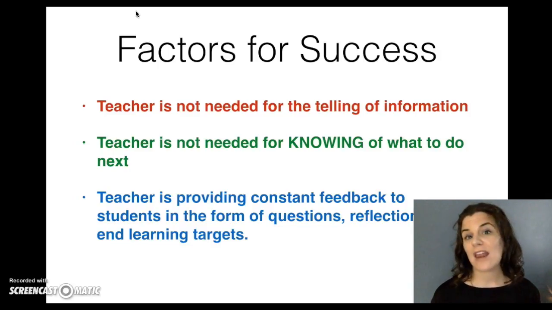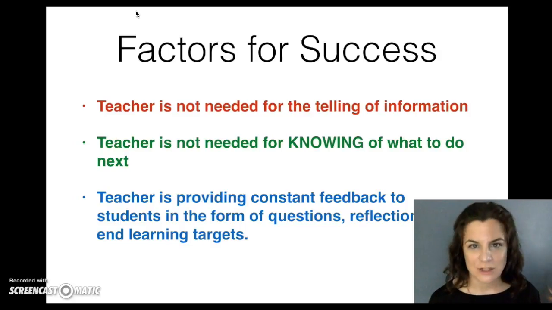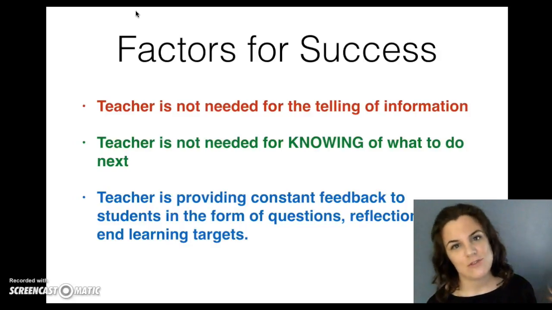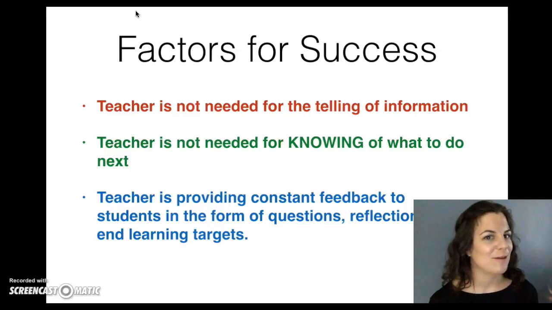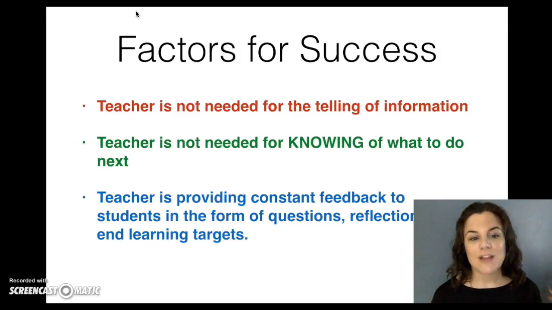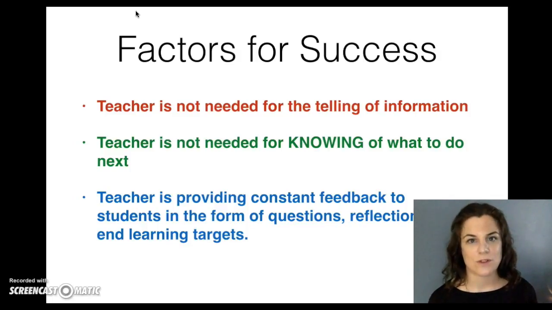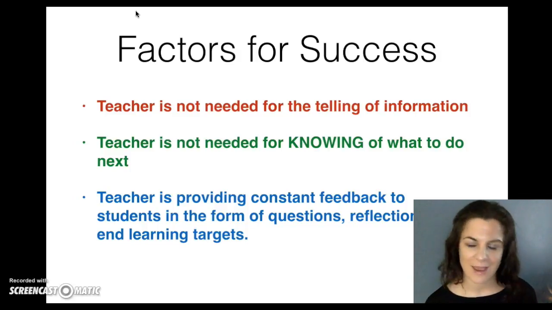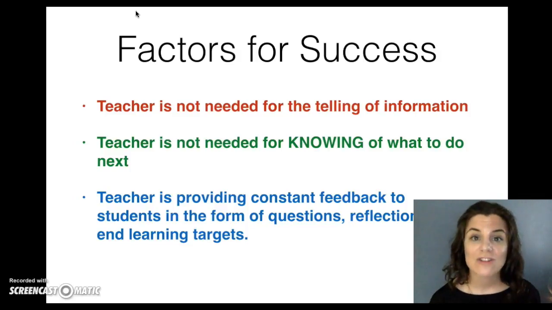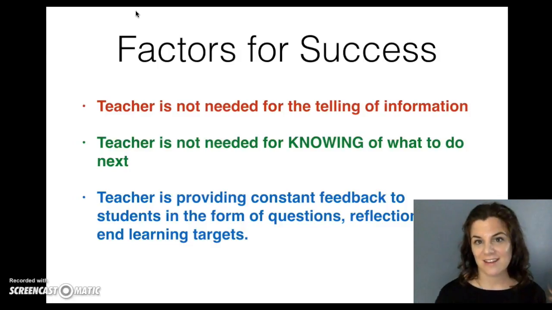You are also providing questions. Question, question, question. Why did you do that? Why did you make this choice? Why do you think this didn't work? I mean, that's the part of teaching you love. And that's why you flip, so that you have time to do that with every student. Also, reflection and learning targets. You are constantly asking the students what their goals are. So when you interact with us this week, you should hear us saying things or writing things, because I guess we can't talk, asking you question after question after question to make sure that you're diving deeper into that knowledge.